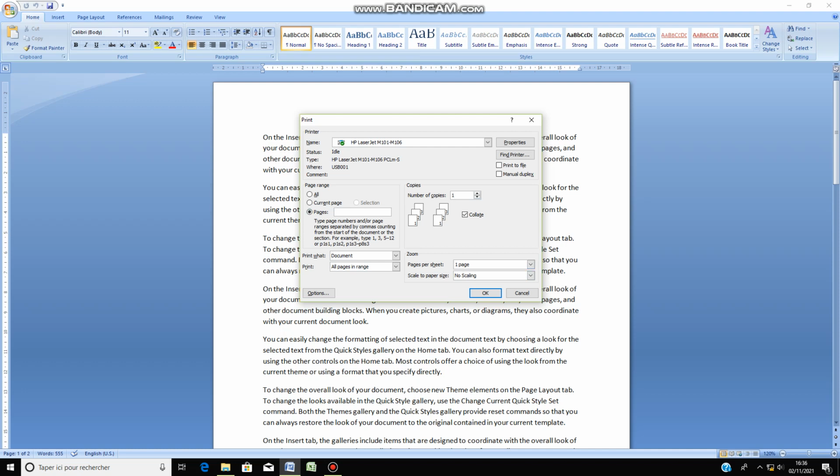So now the last stage here is the number of pages per sheet. We know that our paper is a sheet, they call it a sheet of paper. So when you get a sheet of paper, you may decide how many pages should be printed on one sheet. For example, you can have three. Some people can decide that maybe 2 pages should be printed on one sheet. You click here, you take your 2 pages per sheet, and you take scaling. Always make sure that you set it to A4. Then you take OK. It is now going to run your print.